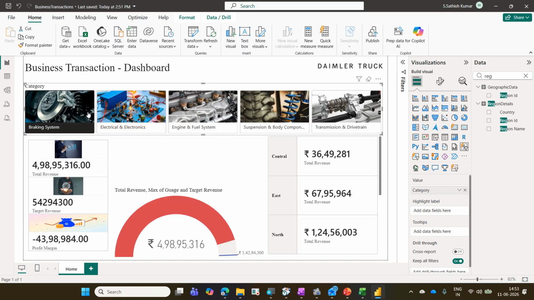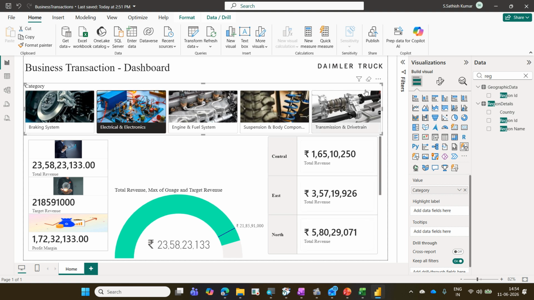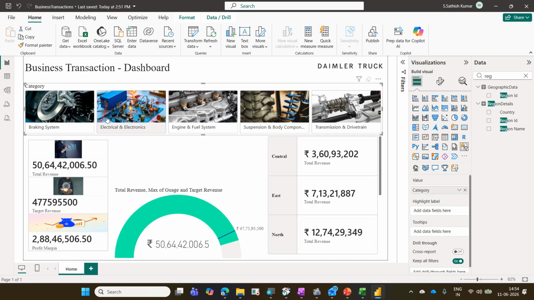To come back to the same thing, suppose I selected the braking system, how can I come back? One more click on the braking system. Or there is an option available on the top, an eraser, similar to clear selection. You can use the clear selection or click on the same item again, and you will get back. Okay. Now,